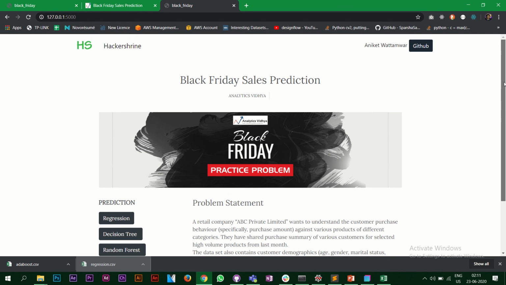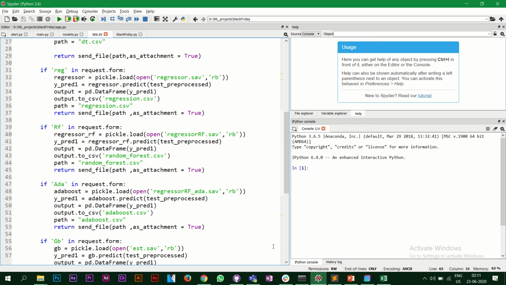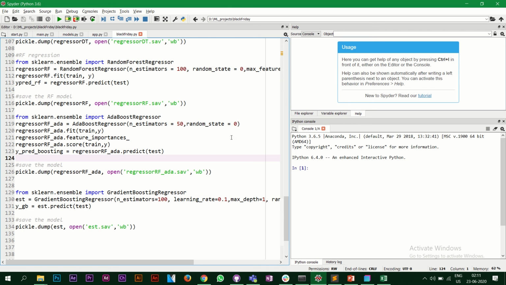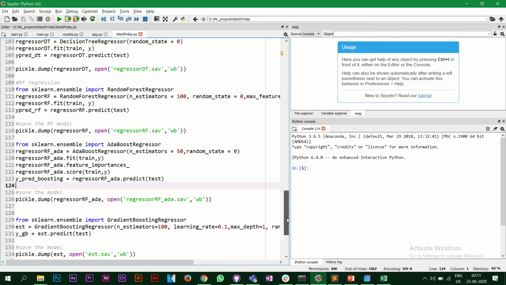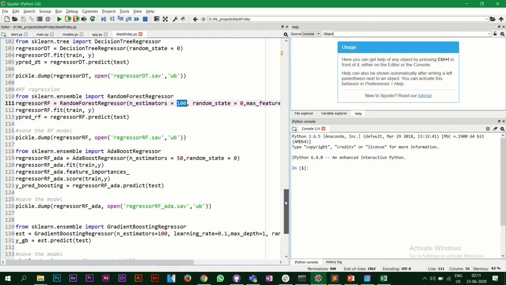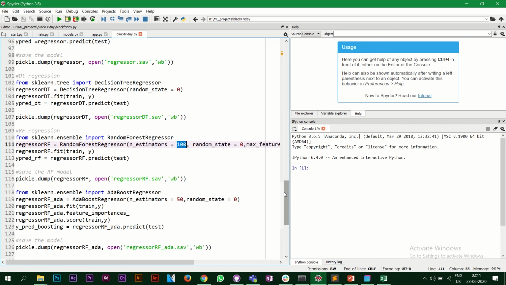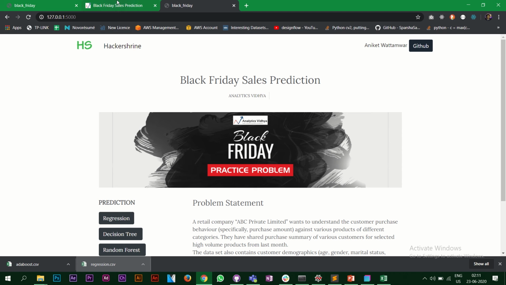If you have any changes that you want to do in the code, maybe Flask or even the models. Actually I've used very basic models. I haven't done any hyperparameter tuning also. So you can change the estimators and test what the accuracy comes to, and then you can submit on your Analytics Vidhya account also. Alright, I've actually done that. Let's see that too.